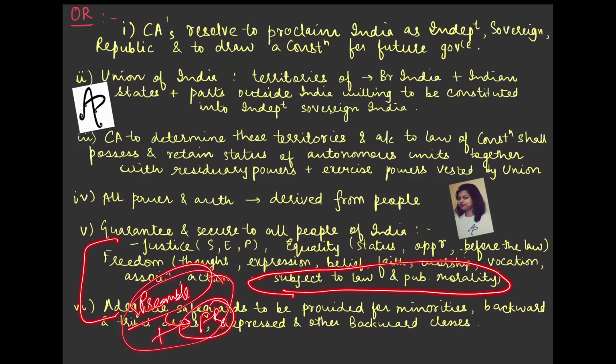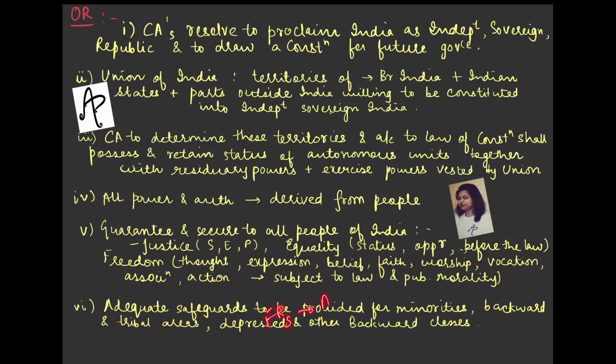ठीक है, वहीं से ये सारी मतलब इन्हीं से वो सारी चीज़ें derive हुई हैं. And in the fundamental rights also, when you will see the article 19 of the constitution, which is आपका freedom related rights का पूरा set है 6 rights का, उसमें भी reasonable restrictions होते हैं, that despite of that, you know, okay, we are allowing people to have certain freedom, हमें at times because of certain important reasons restrictions लगाने पड़ सकते हैं. So this is a hint to that, that even if we are giving, let's say, all these freedom etc, that will be subjected to law, कि law के beyond जाके वो नहीं मिलेगा. And public morality, कि कोई चीज़ जो public morality के लिए अगर गलत हो रही है और वो आपके freedom में count होती है तो भी हम उस पर ध्यान नहीं देंगे, because this matters.